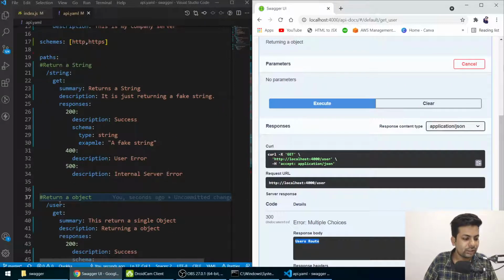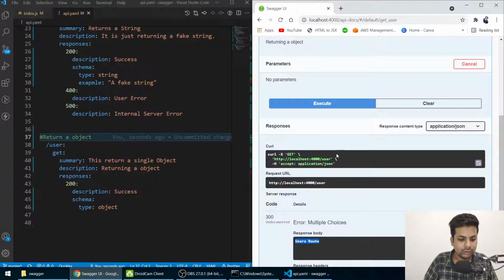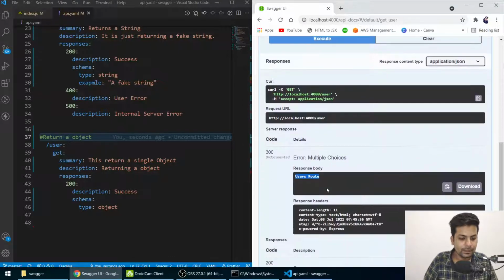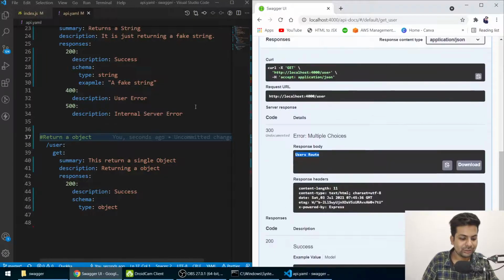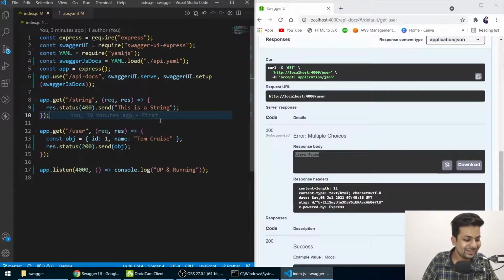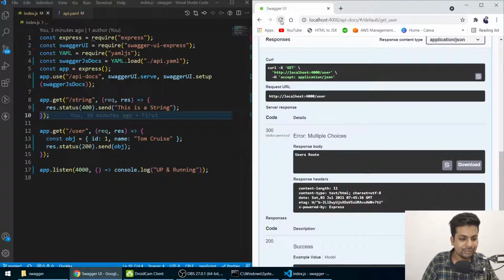Okay, it's slash user, 4000. Users route. Why is it sending me users route? That is strange. Tom Cruise string. Let me reload this.